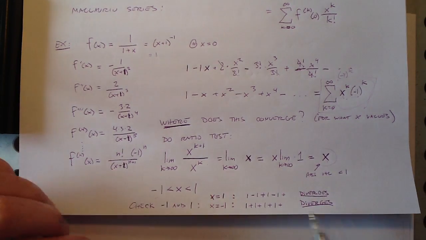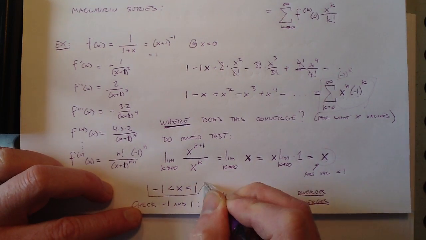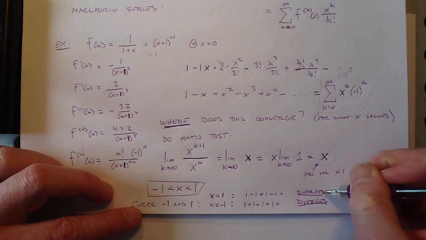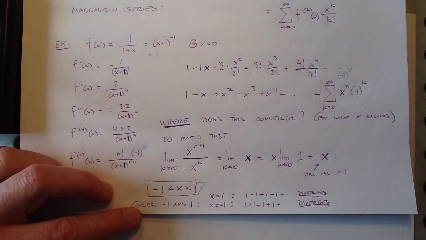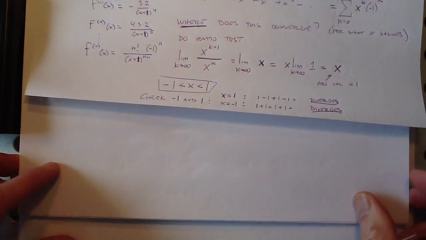So what does that mean? It means we do not put equal signs under either of those. It means this converges from here to here, and it does not include those endpoints. If we found that it converged at either of those, we'd just throw an equal sign under one of those. Okay? Sorry, I'm out of room on this page. Let me just